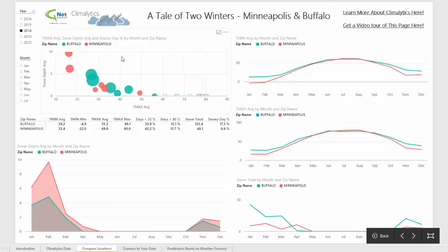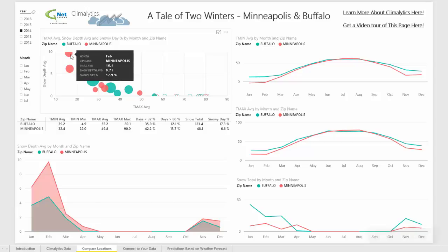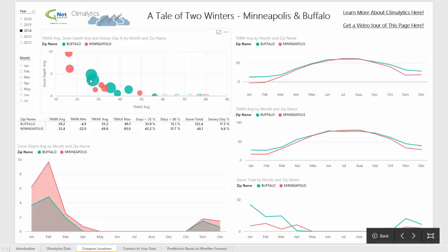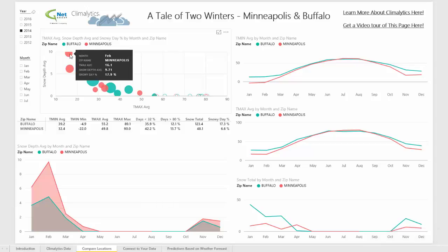and Buffalo. In the upper left you can see individual bubbles on a bubble chart which represent a month for a particular city. So the red bubbles are Minneapolis and the blue bubbles are Buffalo. And you can see that the values on the y-axis are the average snow depth, and on the x-axis are